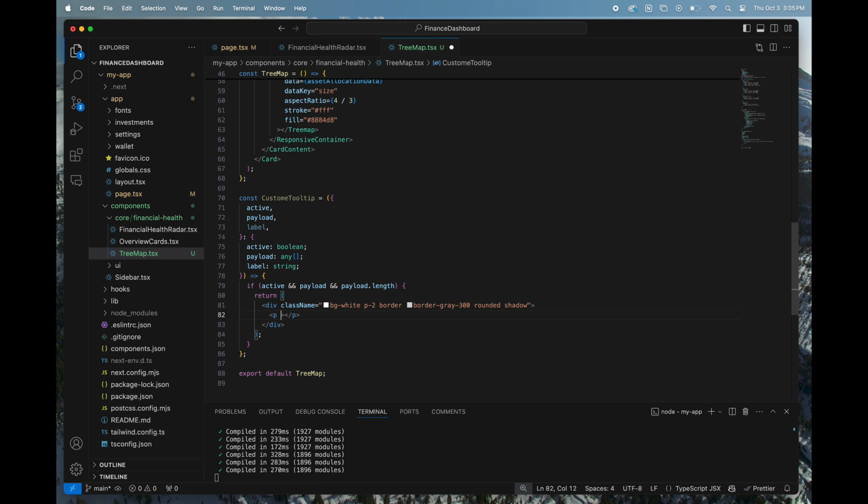And then in here we have a p tag of class name font-bold, and then we use a backtick,